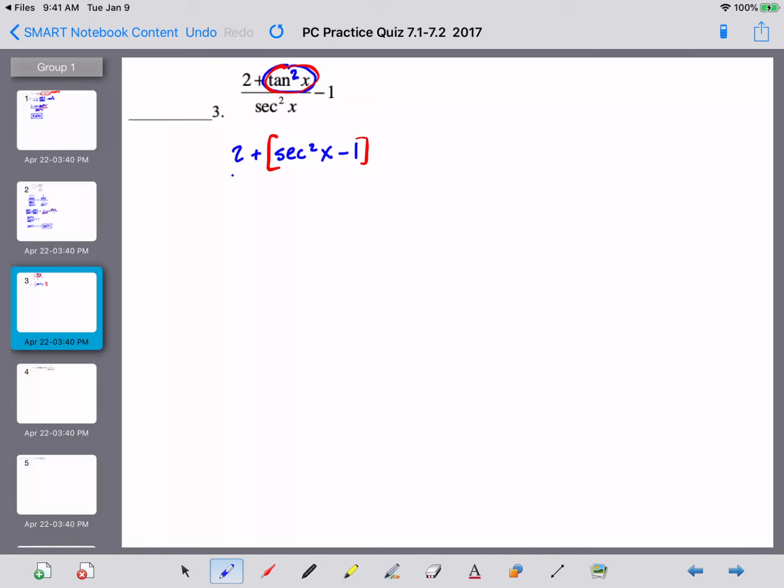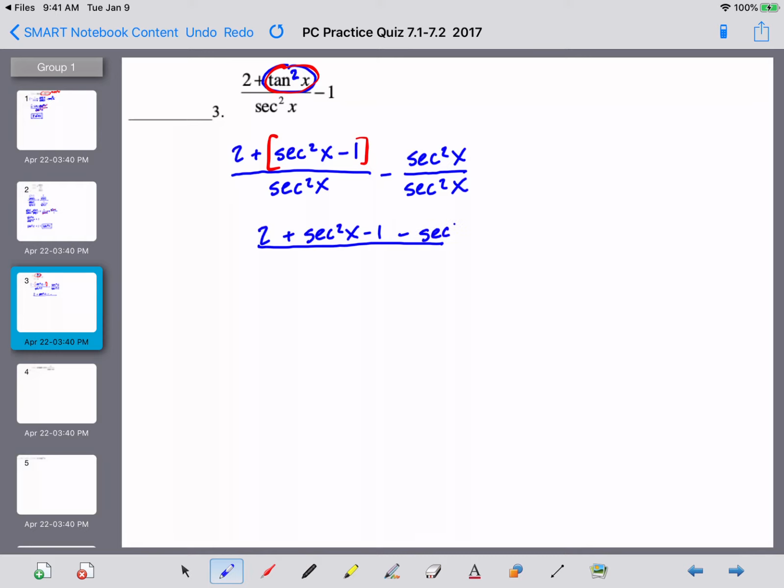And then in the denominator, we're going to leave that as secant squared x. And then we're going to turn this 1 right here into a common denominator. So I'm going to rewrite this as secant squared x over secant squared x. All right, so now that these have a common denominator, we can make one big fraction. So we've got 2 plus secant squared x minus 1 minus secant squared x, and this is all over secant